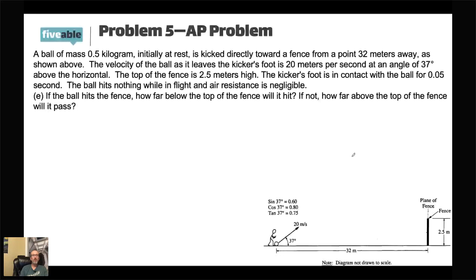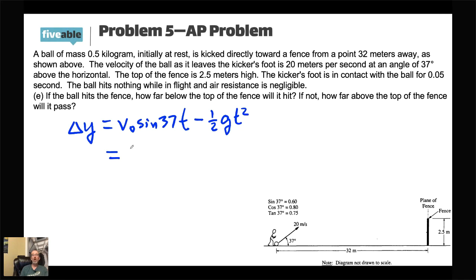So we know delta y, the change in position, is equal to V0 sine of 37 times the time minus 1/2 of gravity times time squared. Notice I went ahead and moved that negative in front. If you don't do that, you're really going to get the wrong answer. So our original velocity we said was 20. We're going to take that times the sine of 37,